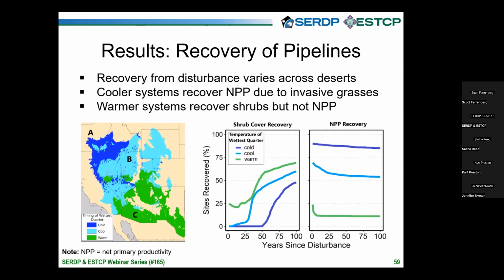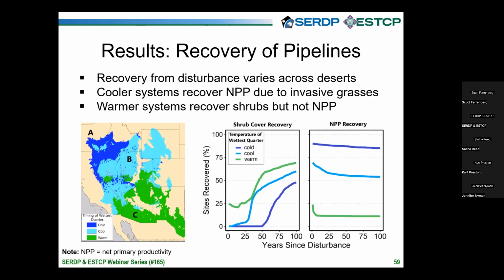Of course, they occur nationally, but he's using a small set of the West, which would be categorized as dryland. He broke those drylands down into climate zones like I described before. Cold, cool, and warm is the categorization he used for simplicity in these figures. And so this would correspond to our Great Basin type site, the cold, and our Mojave site, which sits in these warm zones. You can see this warm area in Nevada, but he also has cool deserts in addition to our warm southern deserts and our cold northern.